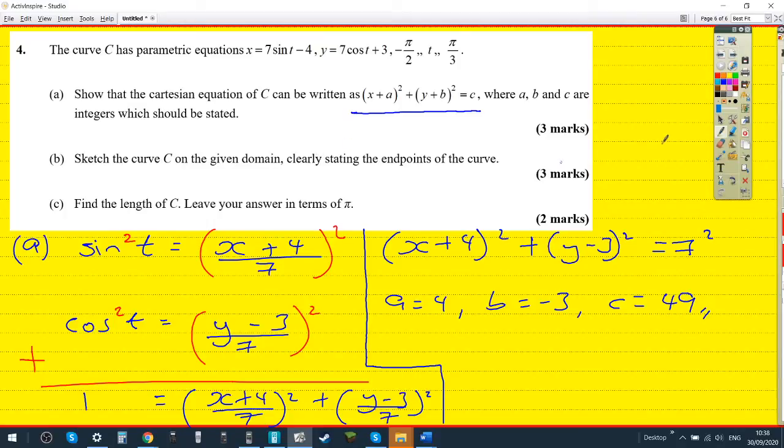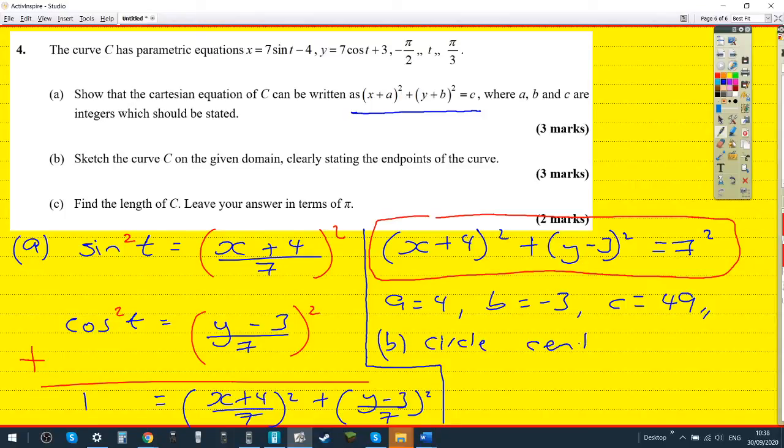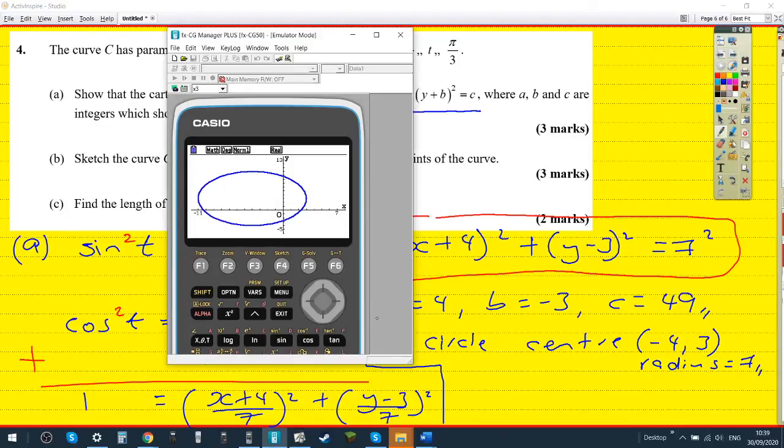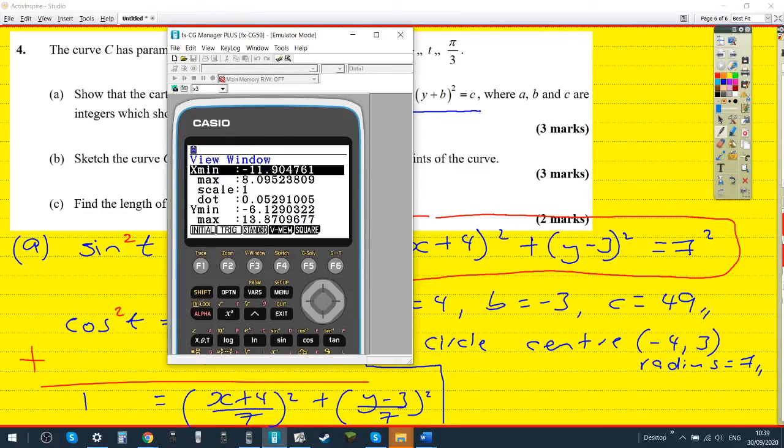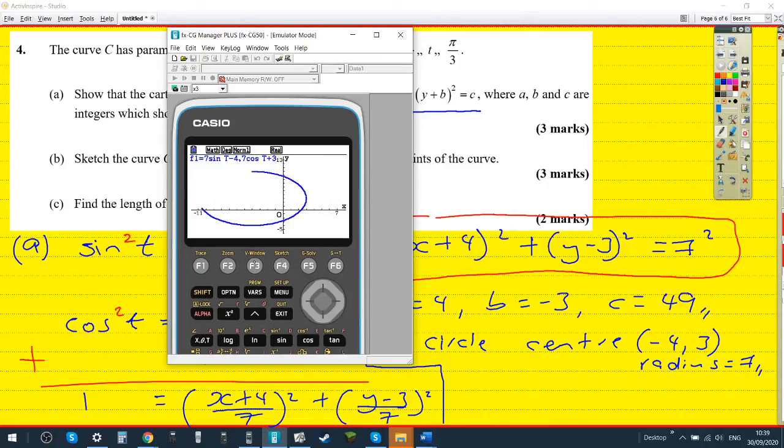How would we do it using the other one? Using the one we found? Would I sub in the values for y and x into the? No. You said it was a circle. Yep. What's its center? What's its radius? Oh, so its center is -4, 3, and its radius is 7. Yeah. And so if we go back, if I do shift view window, let me choose standard. Maybe it'll be more square. It just doesn't look like a circle because of the way the axes are done. So if that is a center of -4, 3 and a radius of 7,